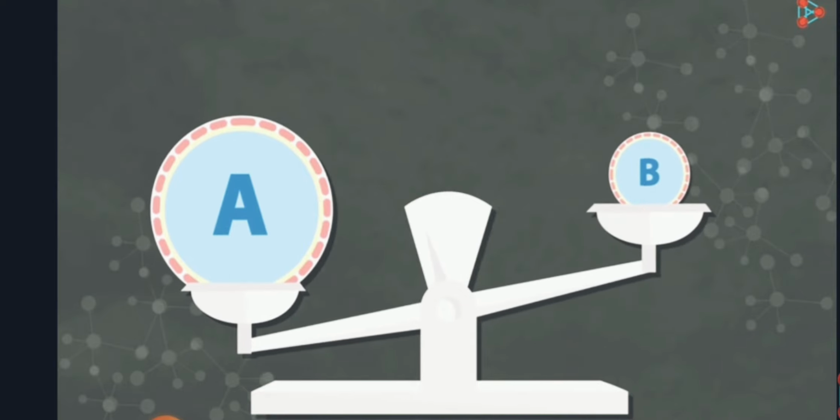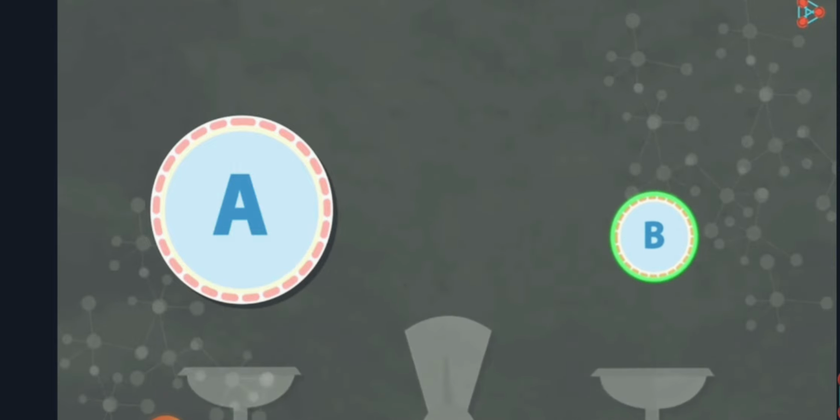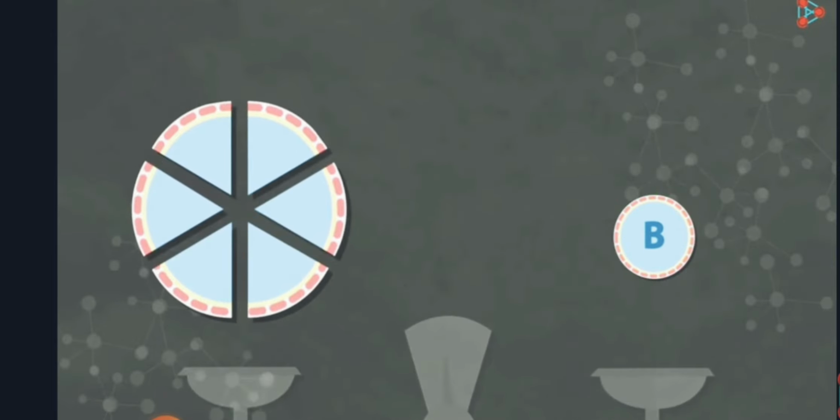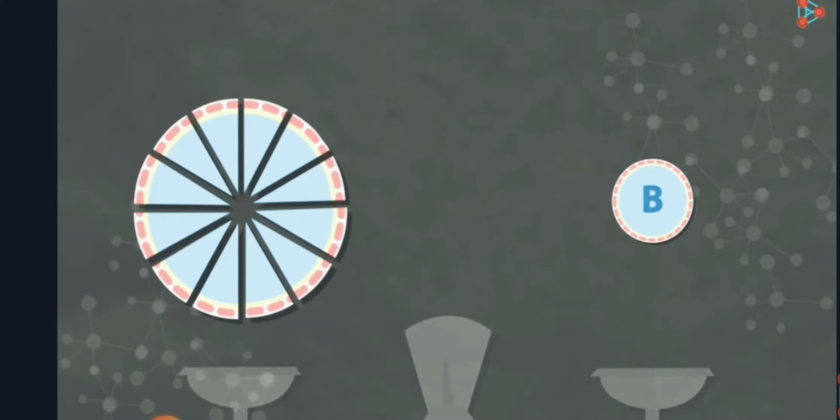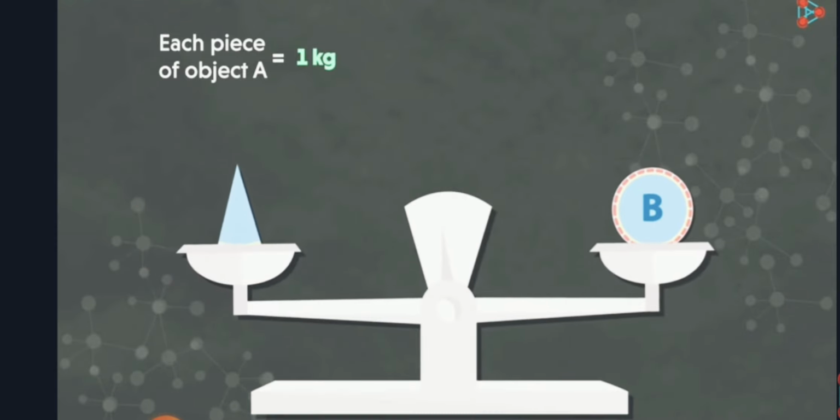By comparing the masses of the two objects A and B, we will find out that object A is heavier as compared to object B. We already know that object A has 12 kg mass. So to find out the mass of object B, we have to cut A into a smaller portion so that object B becomes equal to the mass of that smaller portion. If the mass of that small piece or portion is 1 kg, we will say that object B also has the same mass as both are equal in mass.